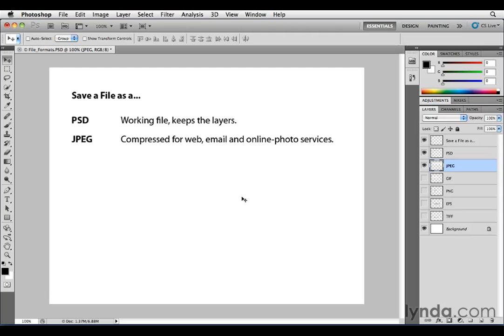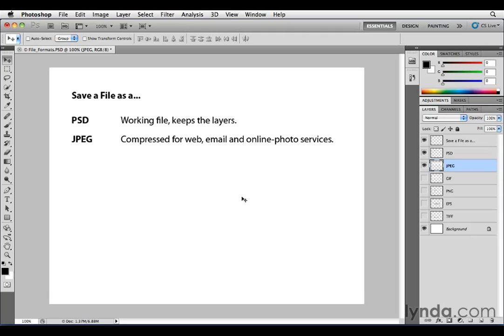So at the very high end, the highest quality setting, your eye may not actually be able to notice that anything was thrown away. Whereas if you go lower in the quality, then you actually start seeing things like artifacts and compression artifacts and so forth. JPEG is probably one of the most common file formats. It's typically what people use to email each other. It's what a lot of the online photo services accept. If you use Shutterfly or Flickr or even Facebook or whatever, you're typically uploading JPEG files to those